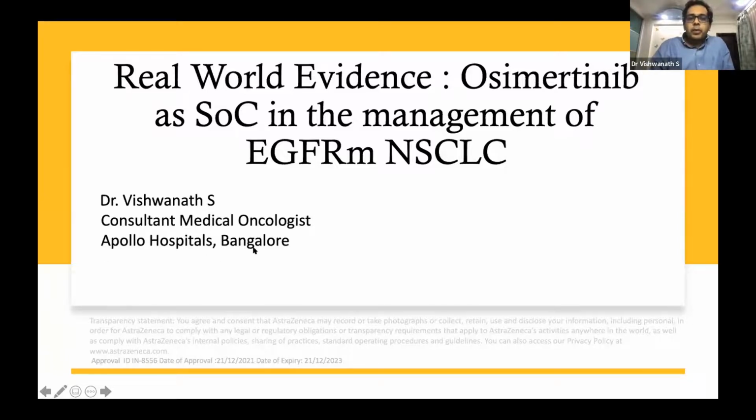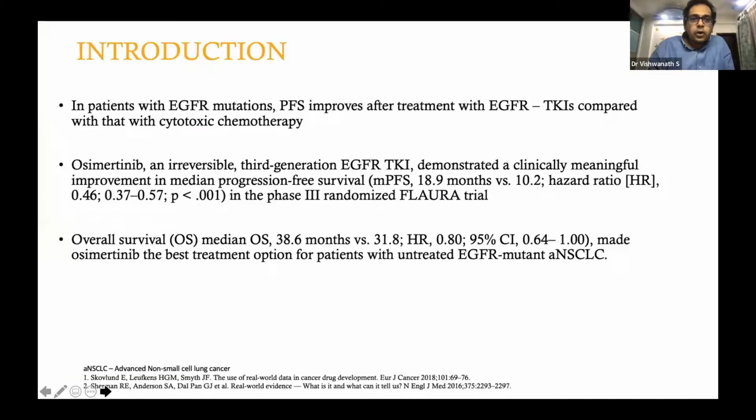Yeah. So my topic for today is real-world evidence. Osimertinib is the standard of care in the management of EGFR mutated advanced non-small cell lung cancer. In patients with EGFR mutations, PFS improves after treatment with EGFR TKIs compared with cytotoxic chemotherapy. And Osimertinib, as we know, is the irreversible third generation TKI, demonstrated a clinically meaningful improvement in progression-free survival